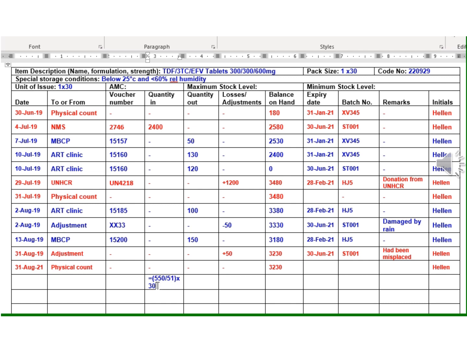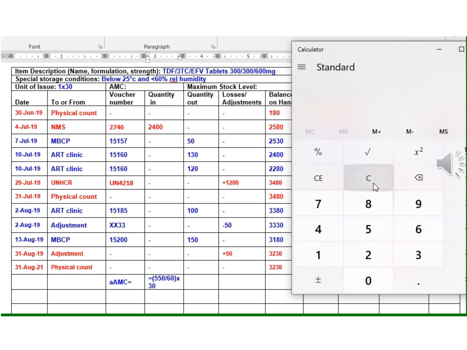That is our adjusted average monthly consumption. That's how it will be calculated. However, in this stock card of ours, there is no single day we didn't have a stock out. So we are fully stocked for the entire 60 days. So we would take 550 divided by 60, then divide by 30, which is the same as 550 divided by 2. So if I take 550 and divide by 2,